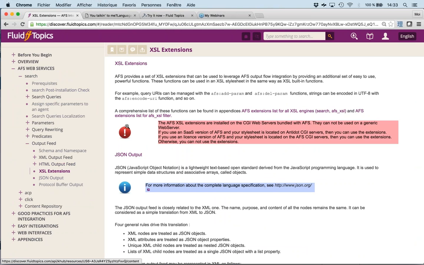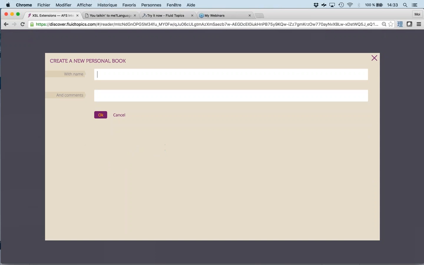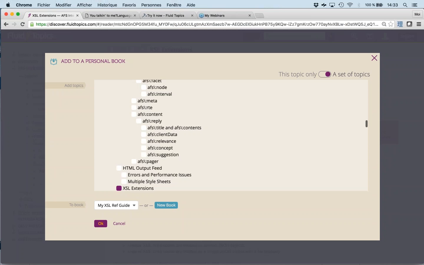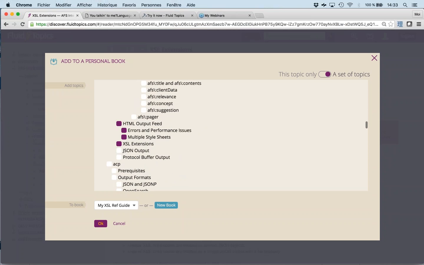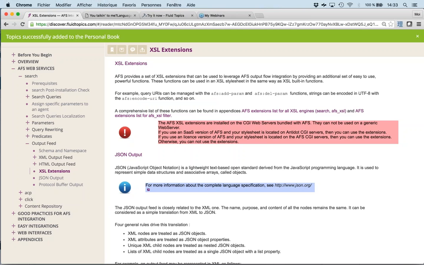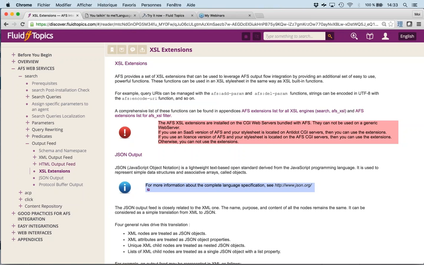So this topic, for example. Let's say I want to create a new book, my XSL ref guide. And if I select one topic, or maybe let's say I select these topics, I just add them in my new book.